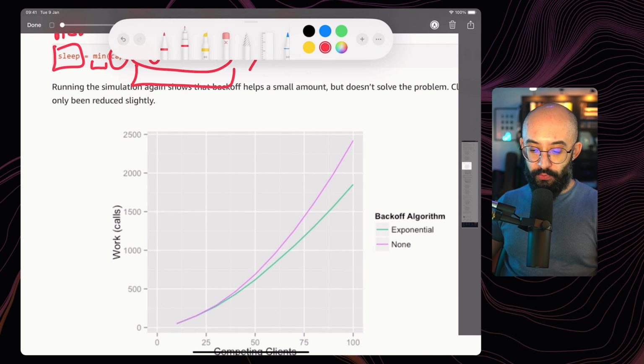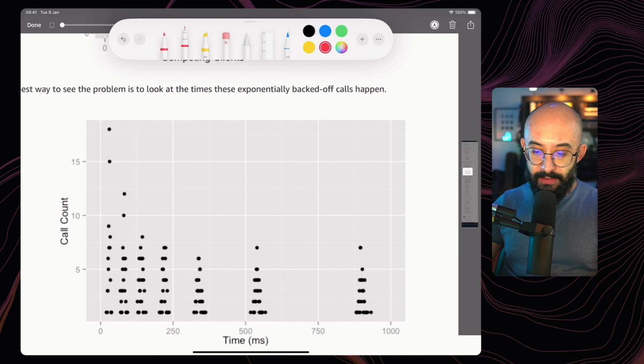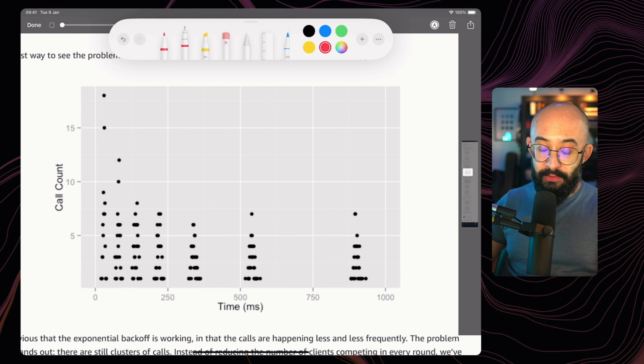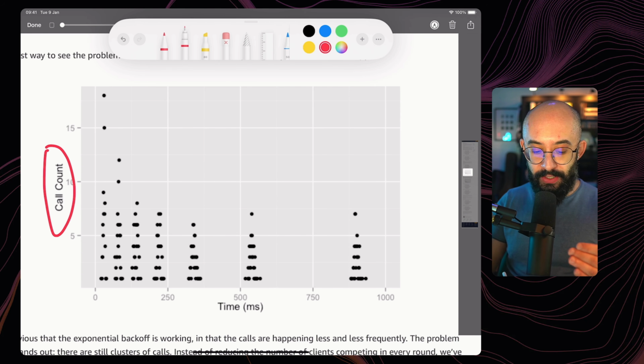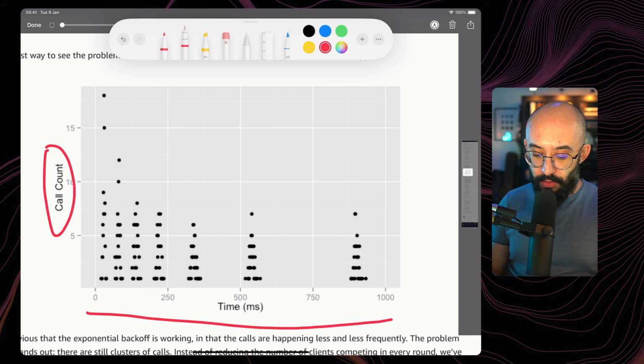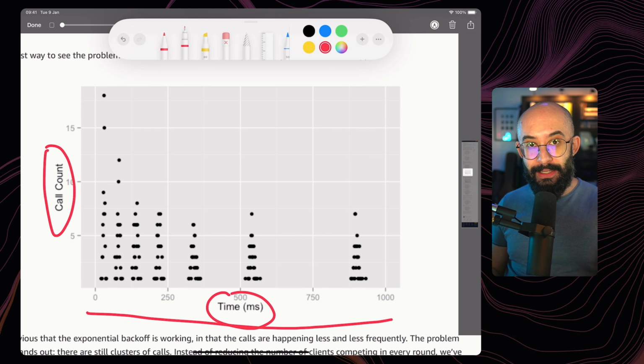And this is how you would do it. This is a great addition. And then the second thing I want to explain is this distribution over here, which is really good. On the y-axis, we have the call count, the frequency, the amount of calls that were received in a certain period of time. And then the x-axis is time. And notice here that time is in milliseconds, not in the order that we just discussed, which is seconds.